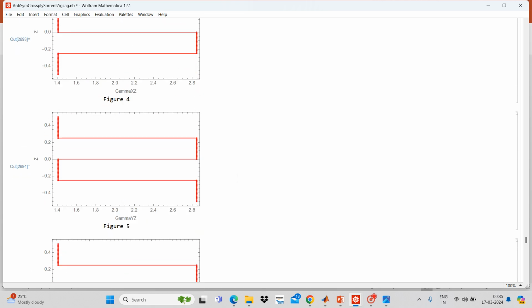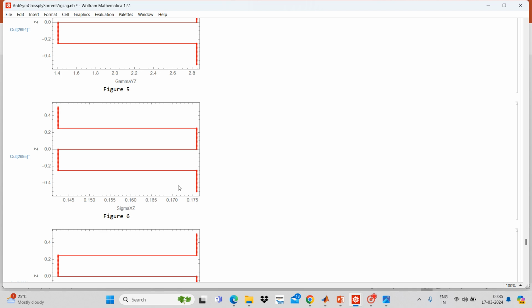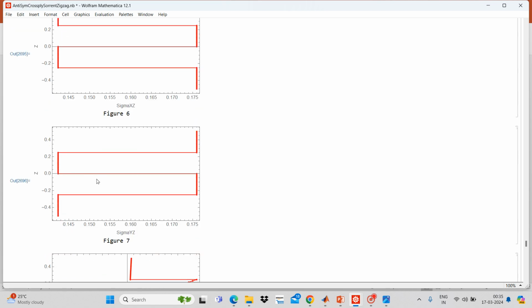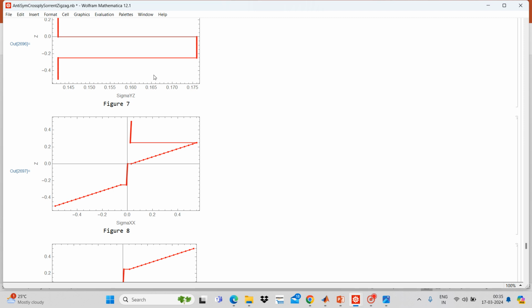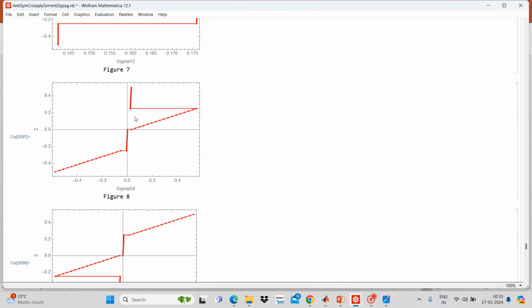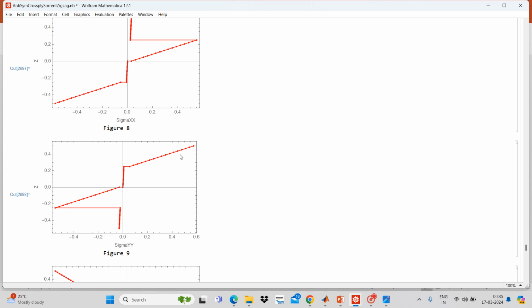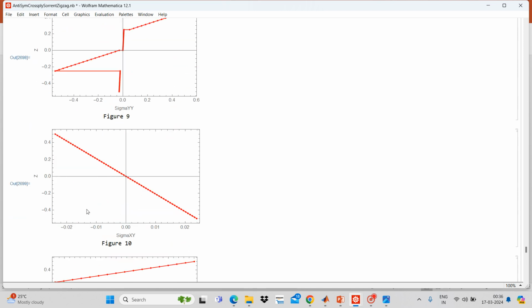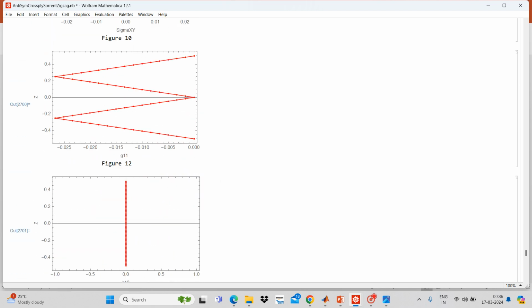Gamma XZ, gamma YZ, then sigma XZ and sigma YZ from the constitutive equations. Then it's sigma XX, sigma YY, because it's anti-symmetry. Therefore, there is no symmetry around the mid plane. Okay, it's not symmetry about the mid plane. You can see it's different upward, and downward it's different. And this is sigma XY. And these are the zigzag functions,